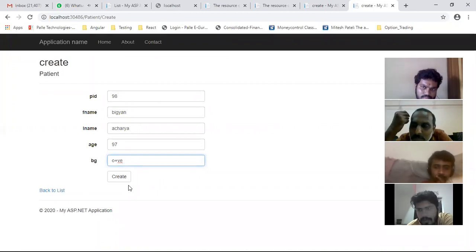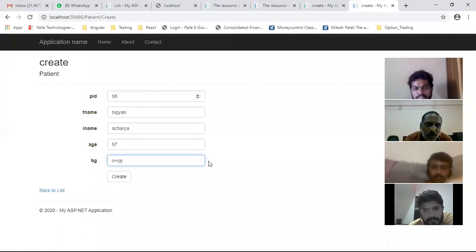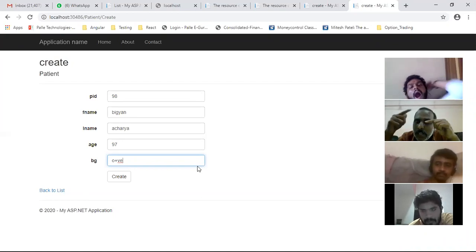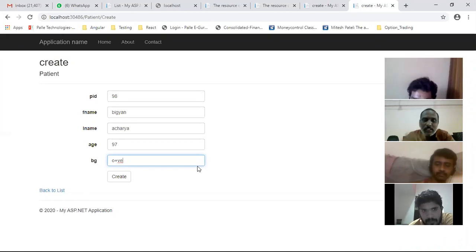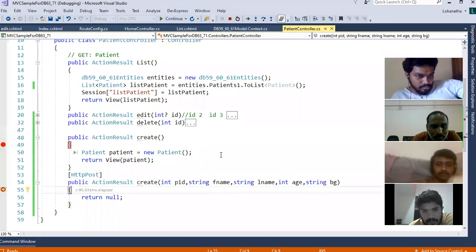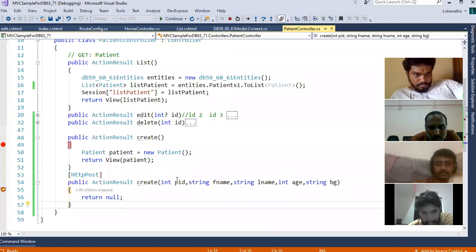The create action method, because this view is already coming from the create action method only. From whichever action method this view is coming, the request will go back to the same action method, but the HTTP post version of it. On whichever action method you applied HTTP post, that action method will receive the request. Now I will click on the create button. Yes, the call is going to this create action method, and here you can see the given values.